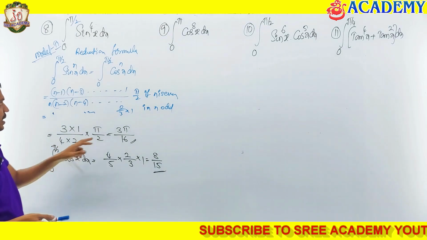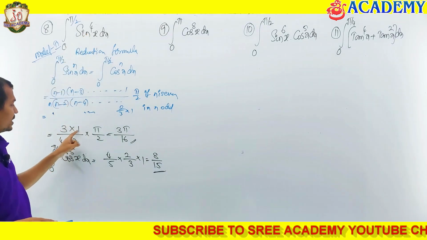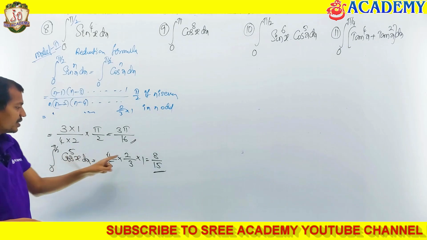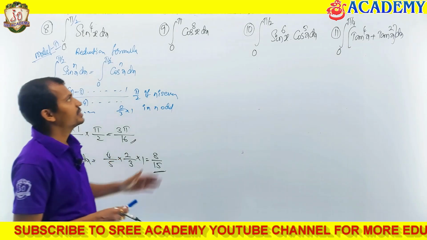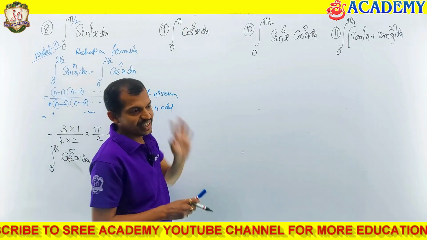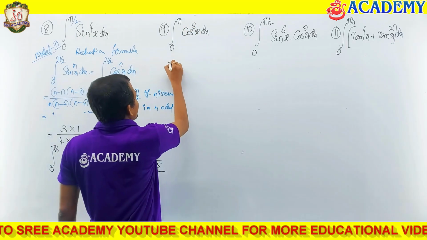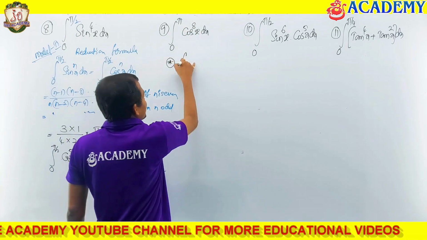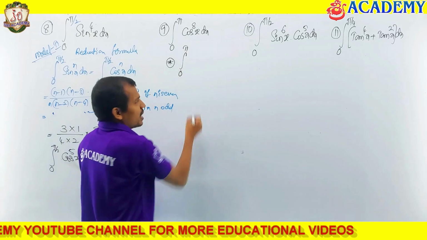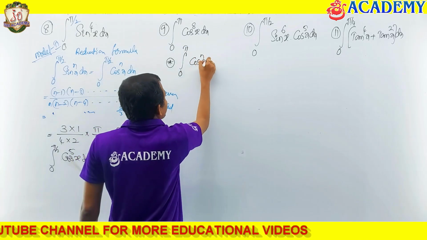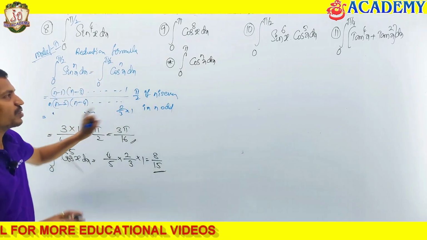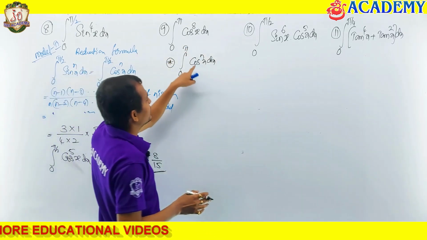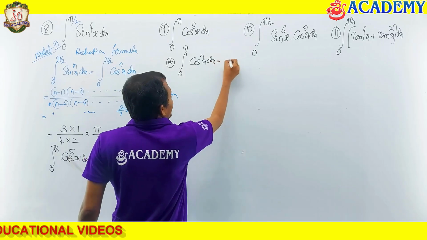Understanding my point? Here, if it is even, you will get 1. If it is odd, you are going to get 2. If 2 is there, indirectly you will get these values, right? Same thing, cos to the power of 8 is there. Whenever cos term is there, very good representation is there. If 0 to pi is there, cos to the power of nx dx is there. If 0 to pi by 2 cos to the power of n, no problem, you are going to have an answer. If 0 to pi is there, if n is odd,